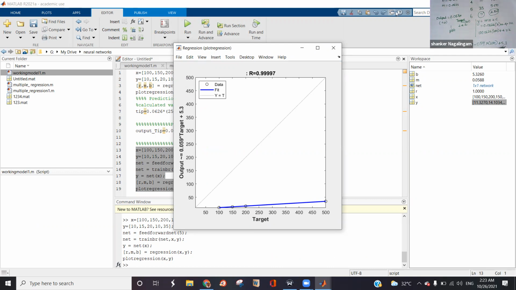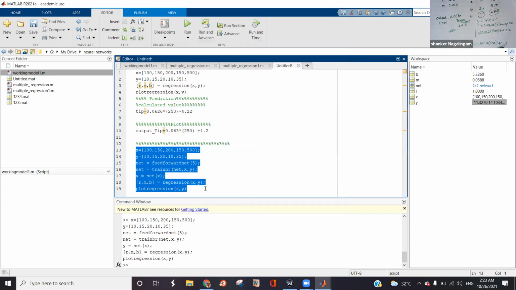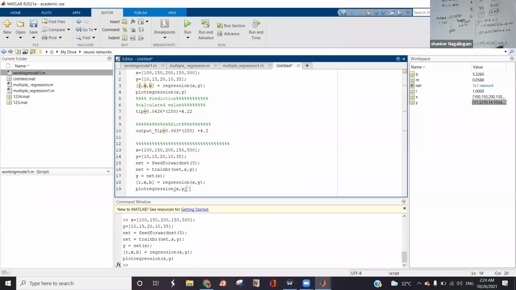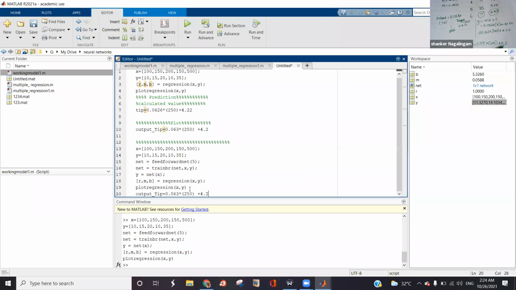Now I'll make this equation here, and this is the prediction equation, and I'll take this same equation to show you here. Now the new equation after the neural network has been changed into 0.59, okay, and the value of the constant has become